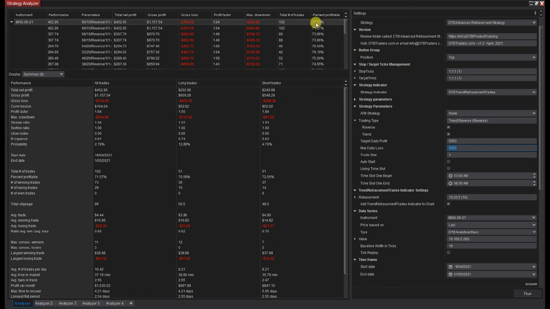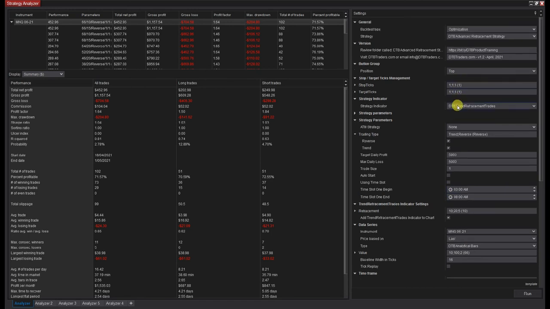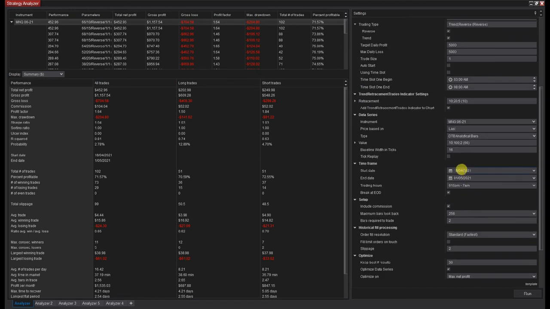But overall, the percentage profitable of trades from the 18th over the last whole week is 71%. So I would be happy to continue those settings going forward